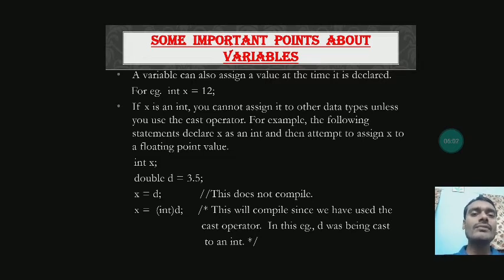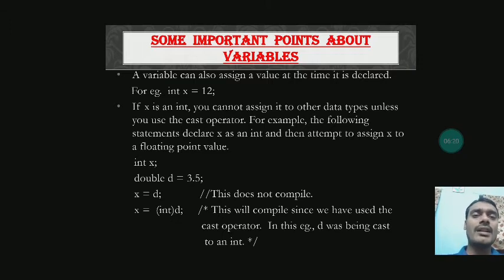Next, if x is an integer data type and it is typed int, you cannot assign it to other data types unless you use the cast operator.